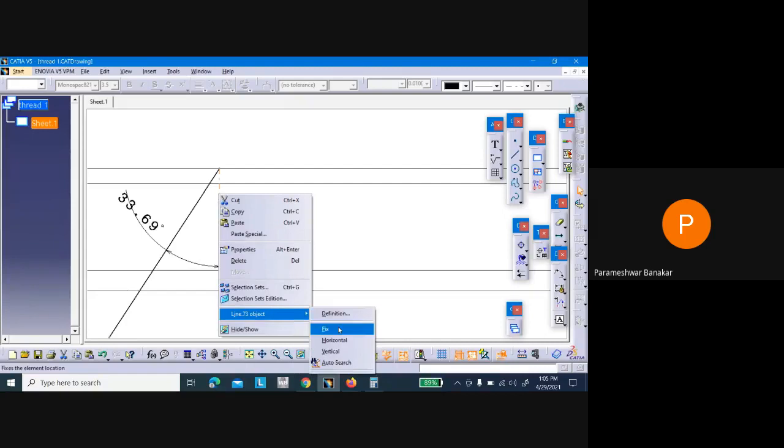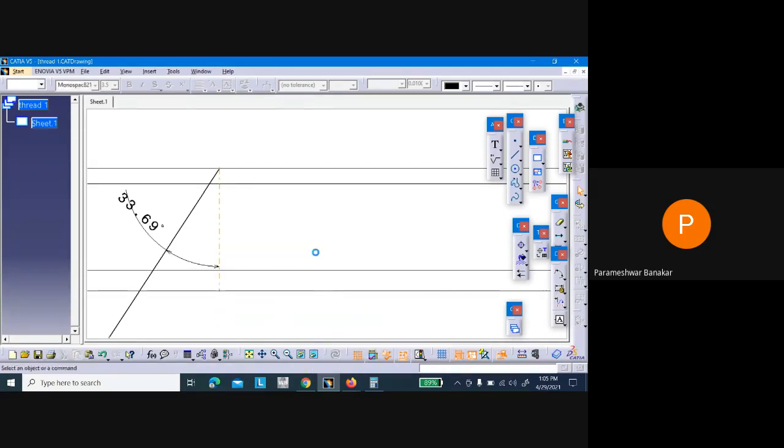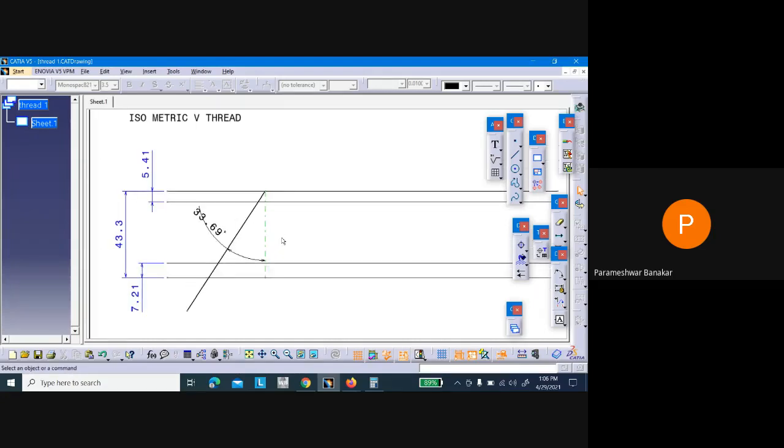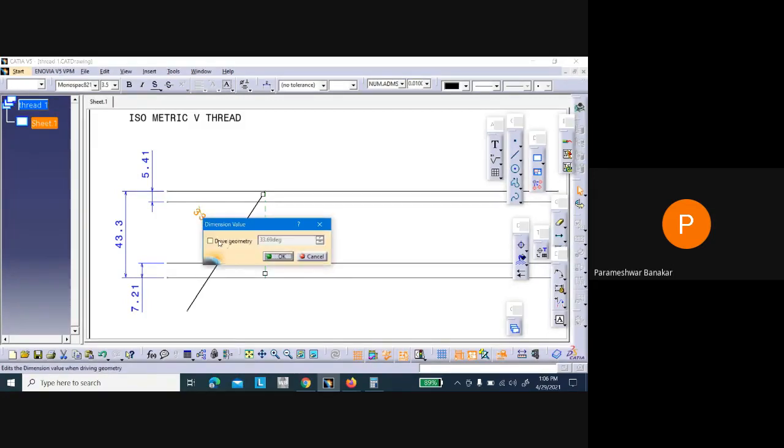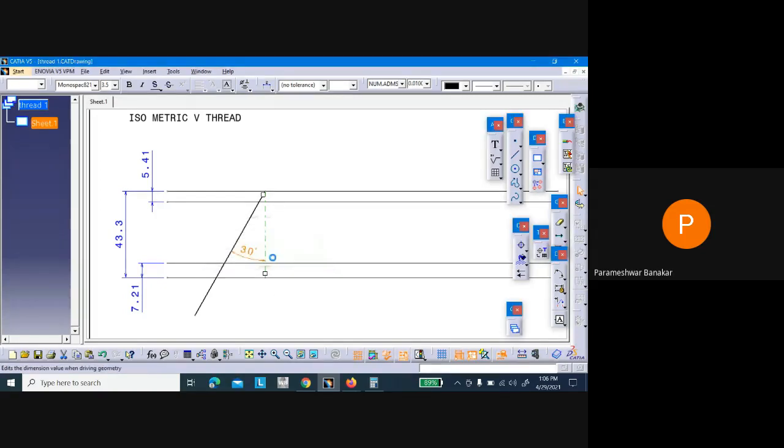So now go here, right button, line object, fix, so that it will not move. After fixing, you can see the color is changed. This color is now green. Now you change the angle. Let us see how it will come. It should be 30-degree now. Yes. Now it's 30-degree.